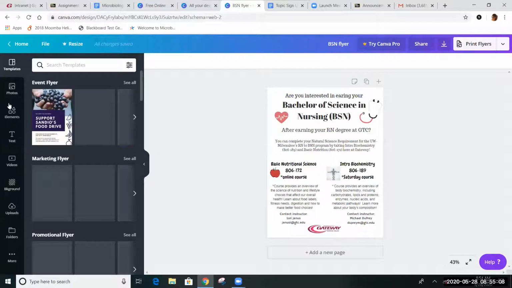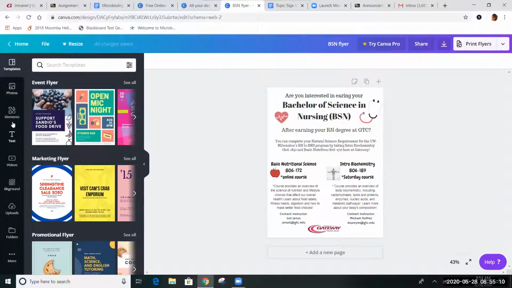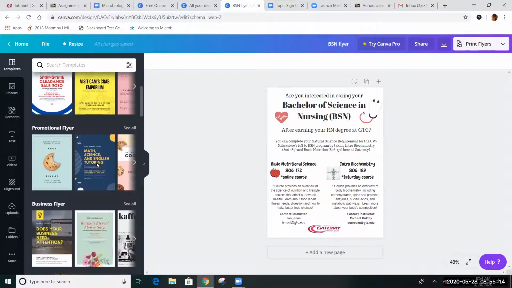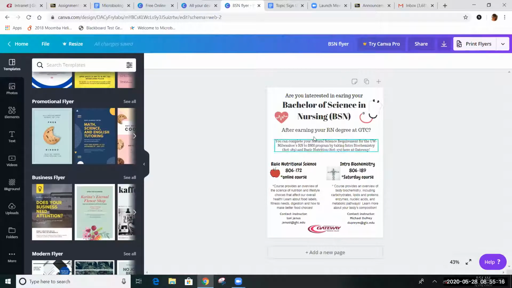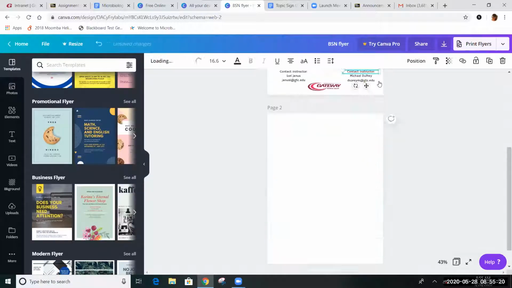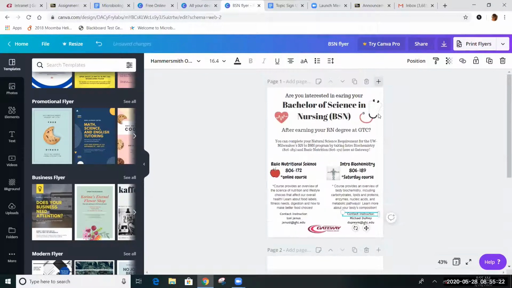Over on this side is where you can add photos, text, different elements, shapes, and so on. You can see how cool some of these actually look. This one's kind of boring, just trying to get the point across to, whoops, did not mean to do that, to check out these courses. So anyways, and of course you can click on various parts of it and you can edit, add pictures, and so